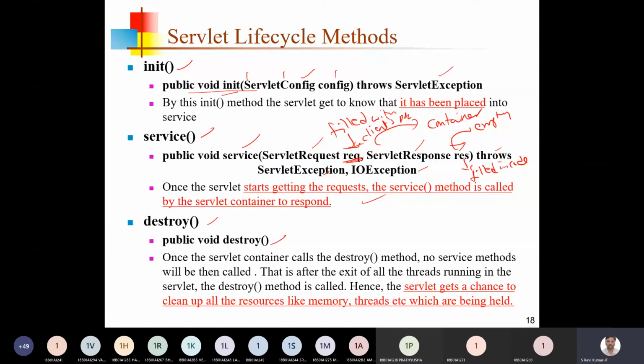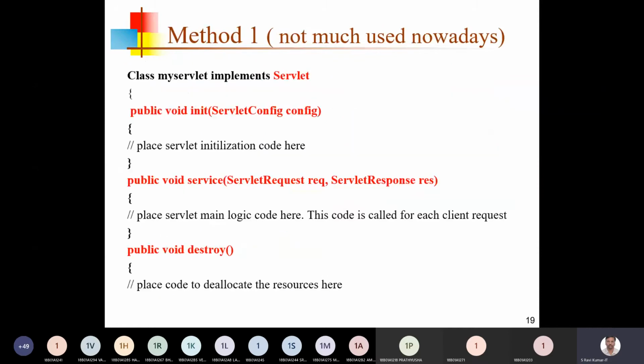And the destroy method, just use public void destroy. Okay. So if any kinds of resources or files or JDBC related drivers are used in the servlet, then all those things will be released in the destroy method. If that kind of code is with you, then you have to write that code in the destroy method. Okay, so there are only three different methods available in our servlet lifecycle.